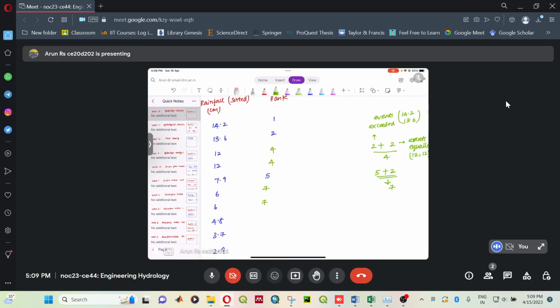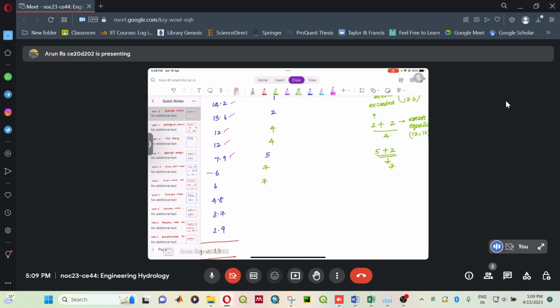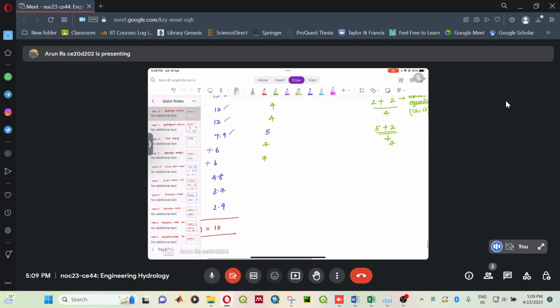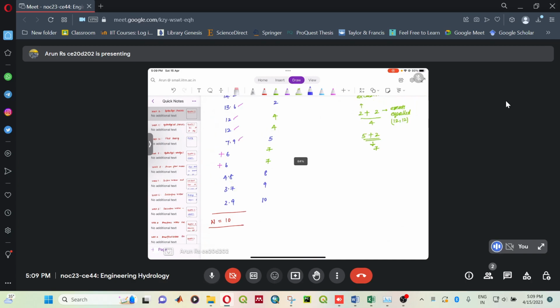The number of events exceeded 5, I am marking with this pink color. So this is 1, 2, 3, 4 and 5, and 2 times it is equaled. So we are writing 5 plus 2 as 7. After that we can continue with the running numbers 8, 9 and 10. So we got the rank for